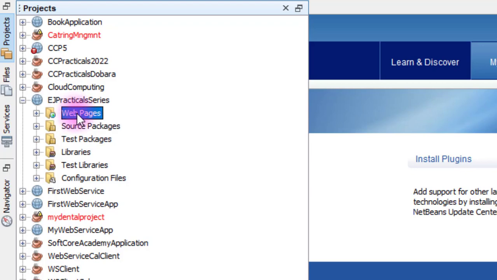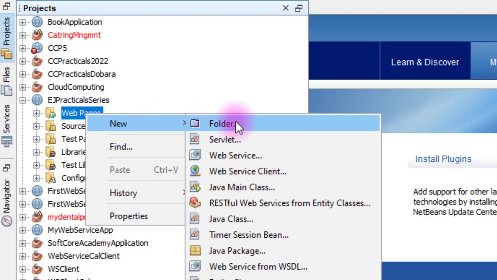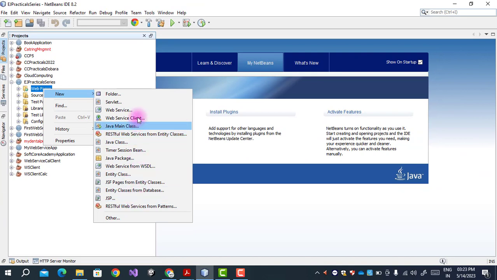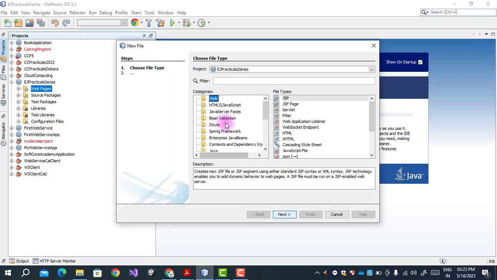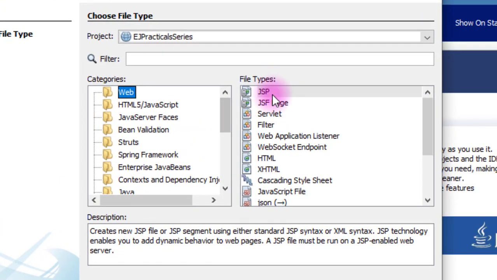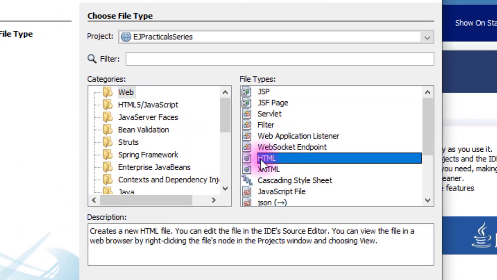Right click on web pages, new. In this we will search for HTML. If it is not there, we go to other, then web. In web, we can search for HTML. As we can see here, this is your HTML page.